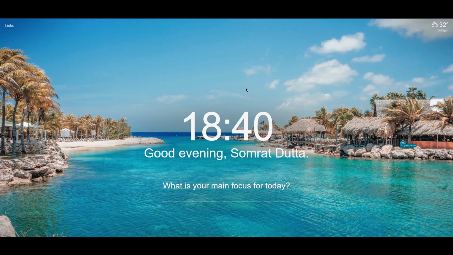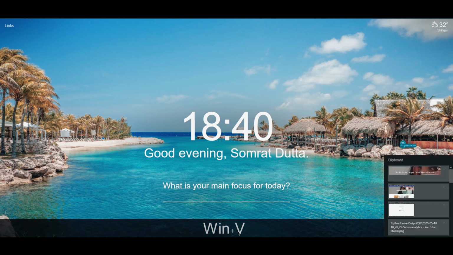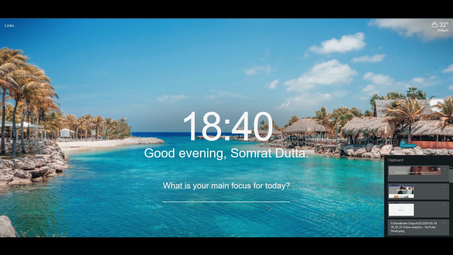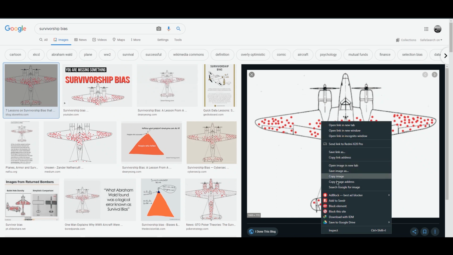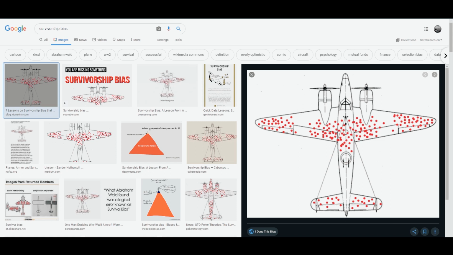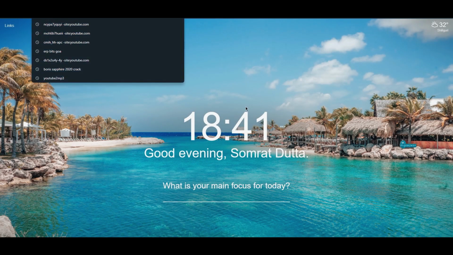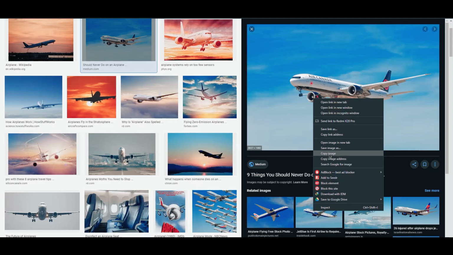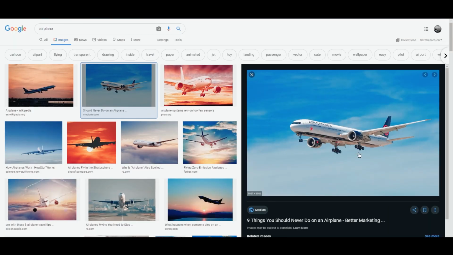So our first essential shortcut is the clipboard history, which can be accessed when you press the Windows and V key. I will show all the shortcuts will be displayed like this. Click on copy. Okay, copy link. Cool. And the next thing, maybe I want a picture of an aeroplane. So normally what would happen is you will only have the link of this one and the previous copied link would be erased.